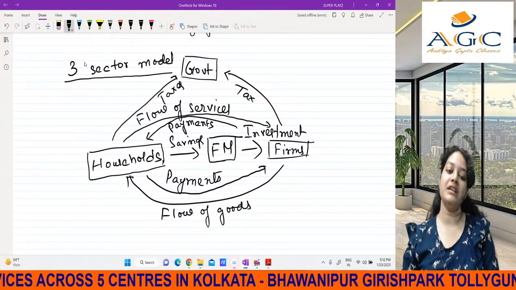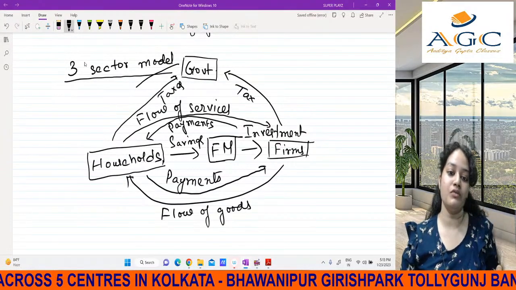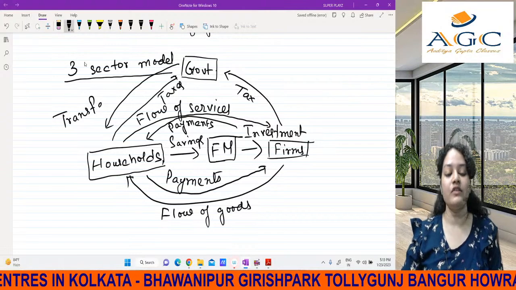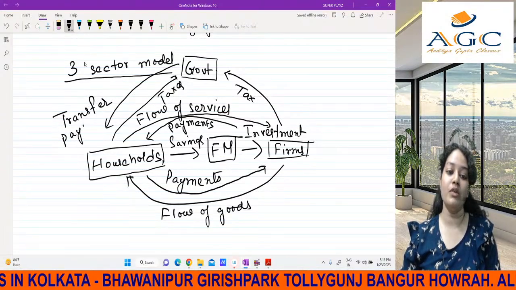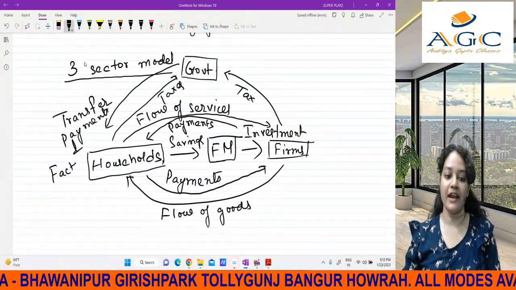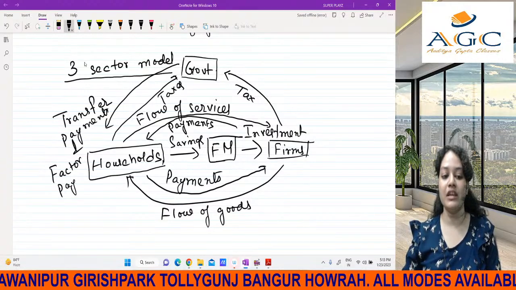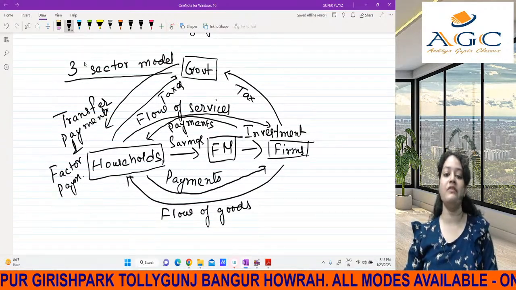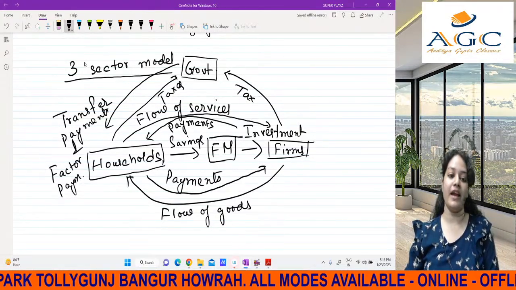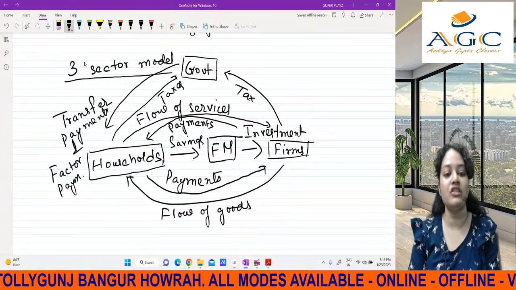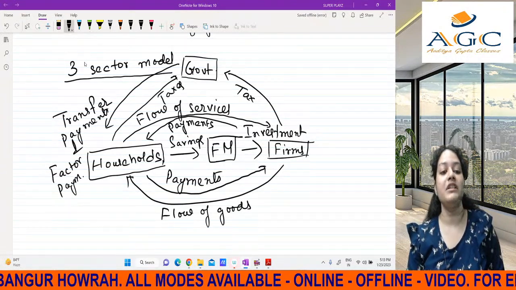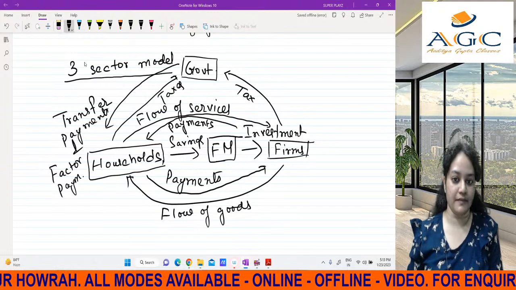And what does the government give to the households? The government gives to the households transfer payments. Transfer payments, as in you can see that as old age pensions and all that, or factor payments as well. Similarly, as we are working for the firms, we also will be working for the government as well. So we will be receiving a payment for that. So that comes under your factor payments and transfer payments, as in old age pension or scholarships, things like this, which we are getting from the government, but the government is not expecting anything in return from us.